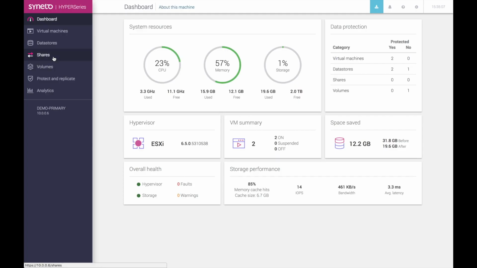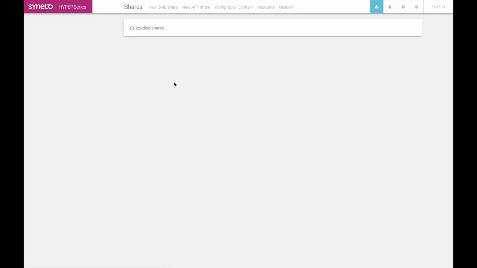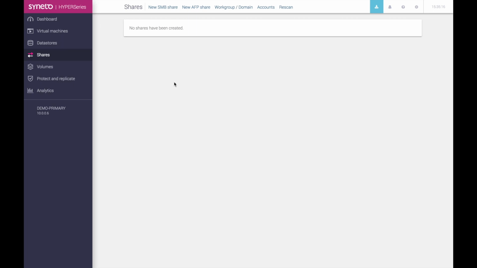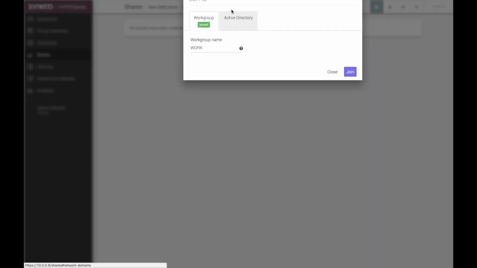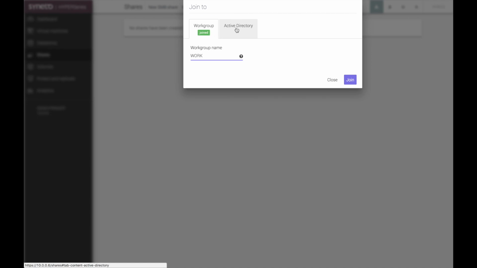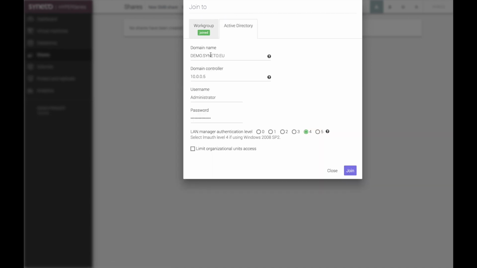First, we'll go to the Shares menu. To leverage the existing Active Directory database with which SynetoOS can integrate, we will link to it. By default, all machines come joined to a workgroup, so let's switch to an Active Directory installation. After filling in the details and clicking Join,